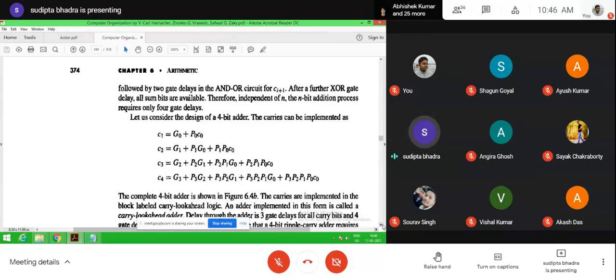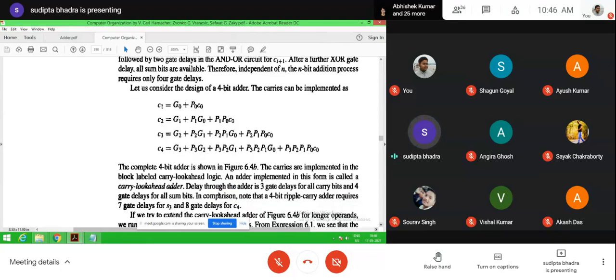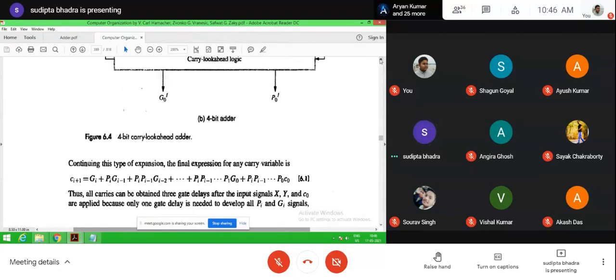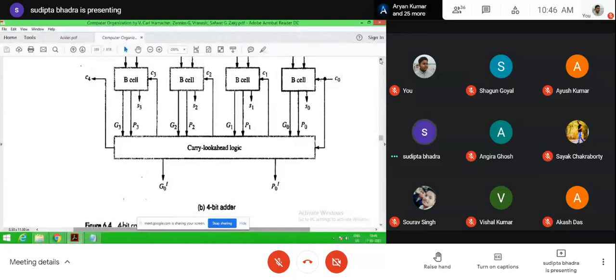So in the case of the carry look ahead adder, the delay through the adder is 3-gate delay for all carry bits and 4-gate delay for all sum bits. So 3-gate delay for all carry bits means the gate delay here is counted considering the XOR as a single gate, not as implemented by 4 NAND gates.